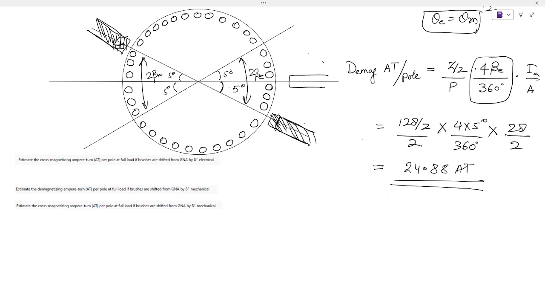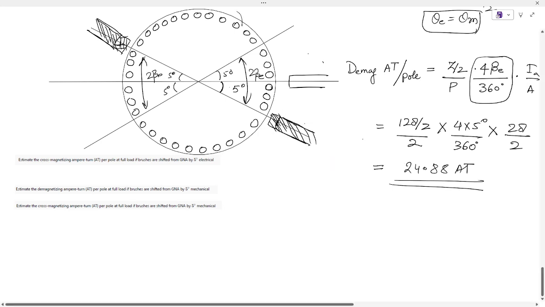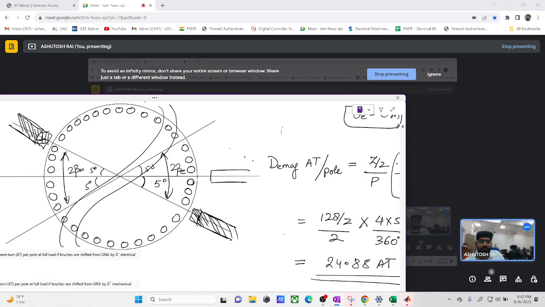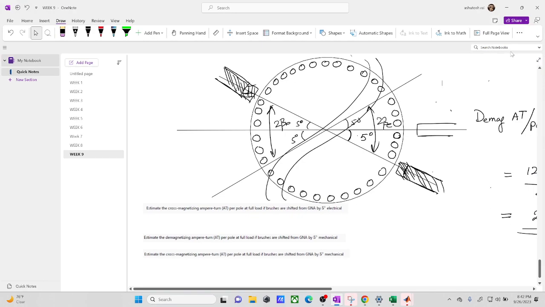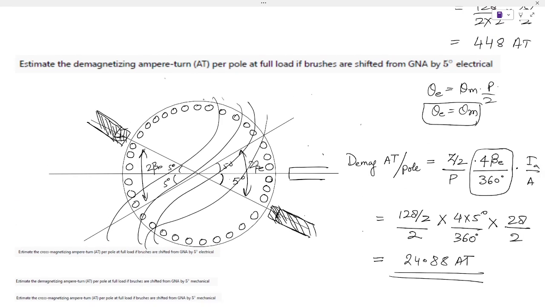मैं ये कहता हूँ कि यूनिफॉर्म फील्ड नहीं रहेगी, ठीक है। अब सुनो, क्या होगा कि इधर वाले कंडक्टर्स में मैग्नेटिक फील्ड ऐसे होगी, मैंने अभी बताया। अब मैग्नेटिक फील्ड ऐसे होगी तो पोलैरिटी ऑफ इंड्यूस्ड ईएमएफ नहीं चेंज हो जाएगा। पोलैरिटी तो इंड्यूस्ड ईएमएफ की सेम रहेगी, लेकिन इधर वाले में ज्यादा ईएमएफ रहेगा, और इधर वालों में कम रहेगा। ऐसा इस नॉन यूनिफॉर्मिटी की वजह से होता है,